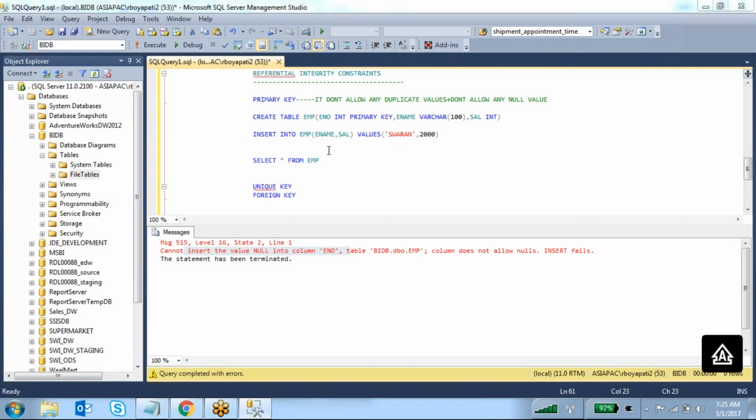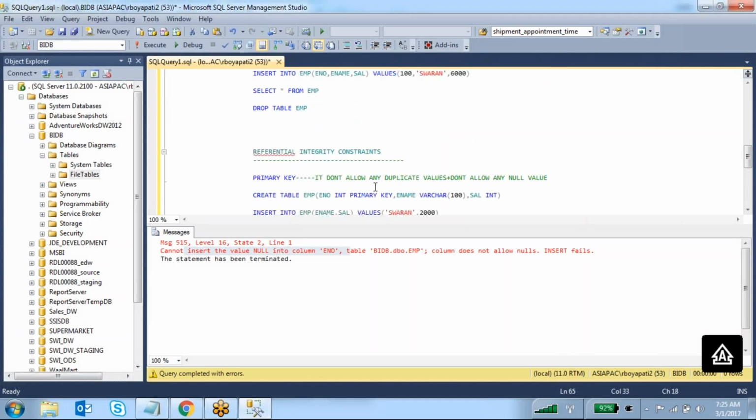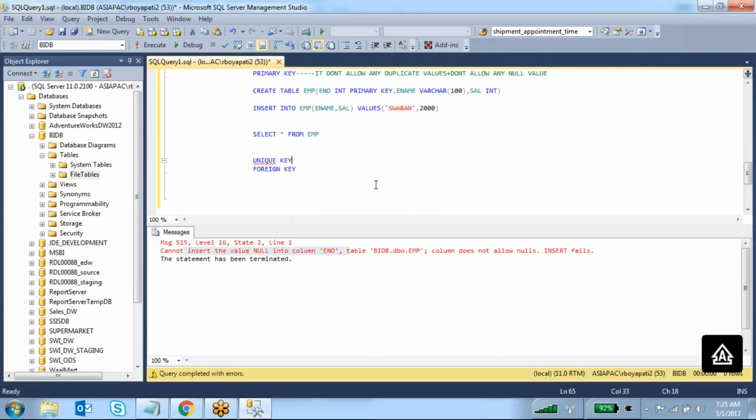The next constraint is the unique key constraint. What is the difference between the primary key and the unique key? Very simple. The primary key doesn't allow any duplicate values. Yes, the unique key also doesn't allow any duplicate values.